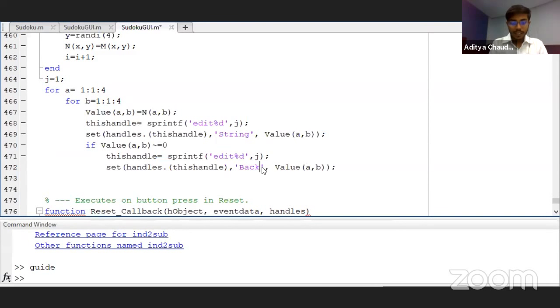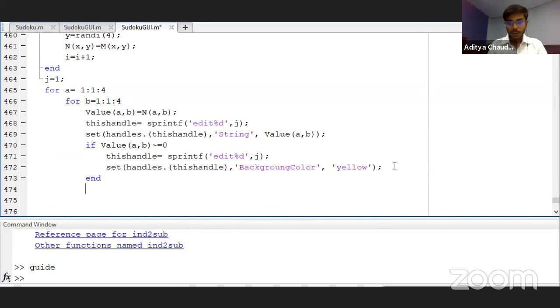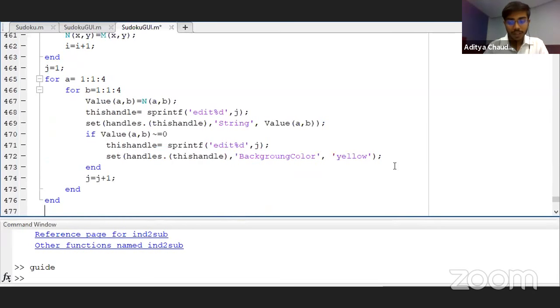Okay, so we'll be setting it to yellow. Let me end the loop, increment the pointers, and end. Okay, now we are done with this button as well, and we are just left with the last